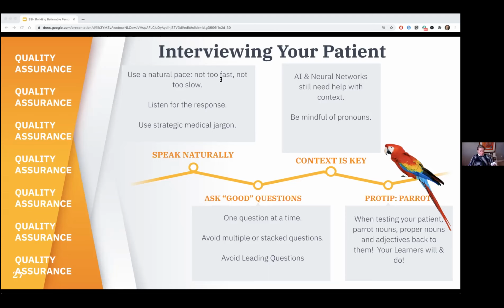So, for example, we had one scenario. Learner asked, "What brings you in today?" The digital patient replies, "My periods have been really erratic." Follow-up question, what do you mean by erratic? Can you tell me what erratic means to you, etc.? And then with that question comes, they've been really irregular since I've stopped taking birth control pills or something like that.